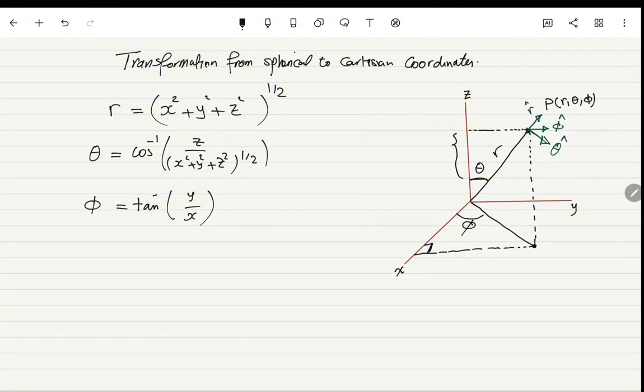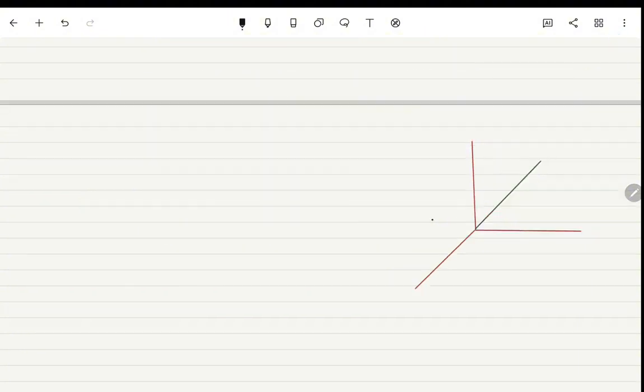Now we just transformed r, theta, phi into x, y, z coordinates, but we are not done yet because we also have to transform the unit vectors r hat, phi hat, theta hat into i hat, j hat, and k hat. Now, if this is r hat, directed this way here, r hat has an intercept with the z-axis and it has an intercept with the xy plane, like this one here.